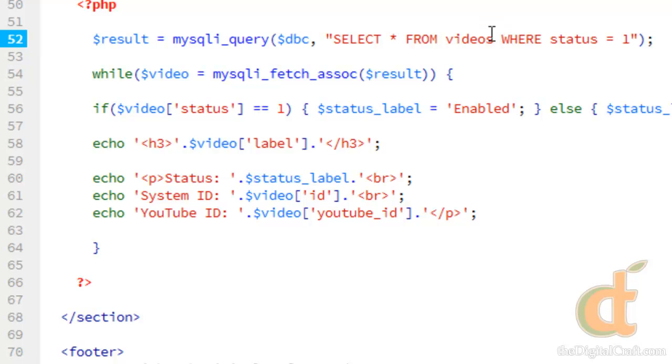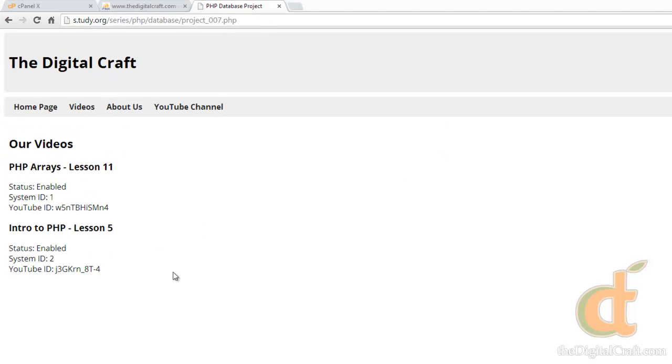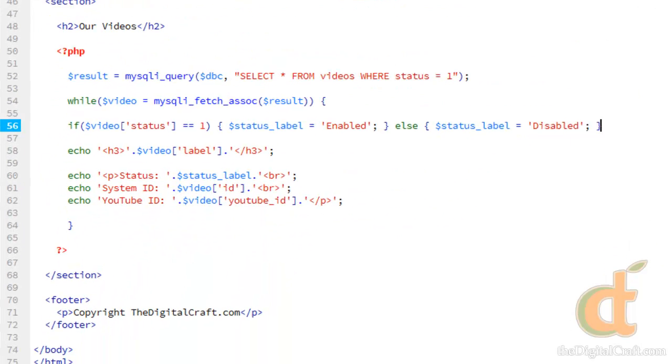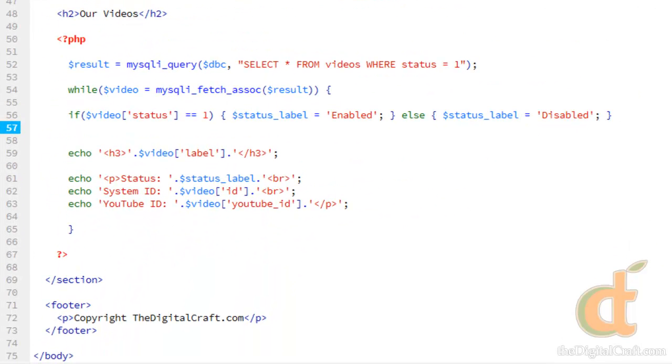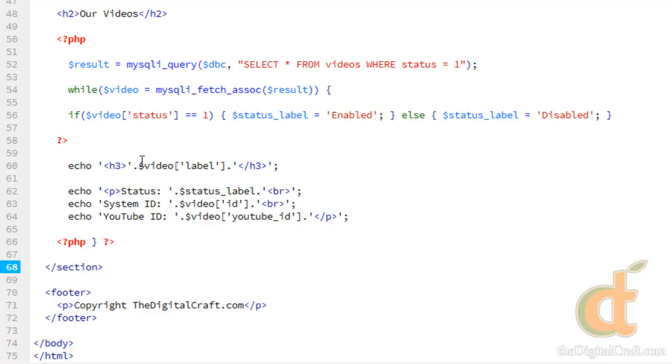Save, and upload and refresh. And we'll take a look. And there you go, we have both of our videos. Now let's do what we did up top and break up the PHP just a little bit. So we'll do a closing tag here and an opening tag next to this curly bracket. Go ahead and toss this on one line. And we're going to swap out these echo tags, get rid of these echo tags,